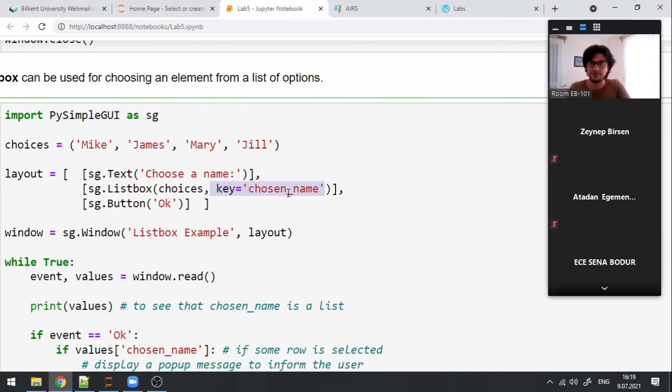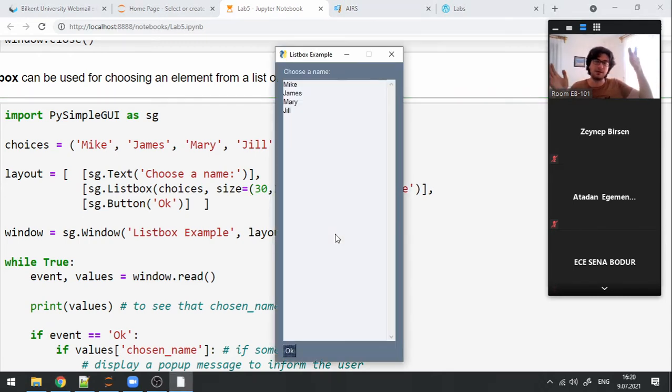Let me go one more back. The key is actually used whenever I need to retrieve some value. So if you remember, for the inputs, for the text input areas, we were using a key because we would like to get some information from the user. That's why here as well we have a key. And we define a size. Size expects 2 parameters. For example, it could be like 30 by 30. It's going to be containing 30 characters